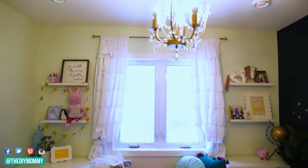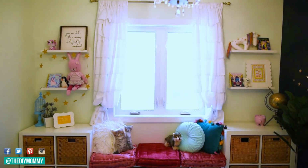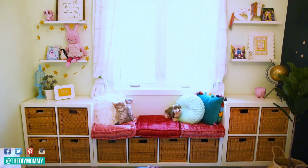So after I styled the shelves, I styled the tops of the shelves on either side of the window seat. I added some cushions on the window seat as well as the bed, just a few velvet cushions